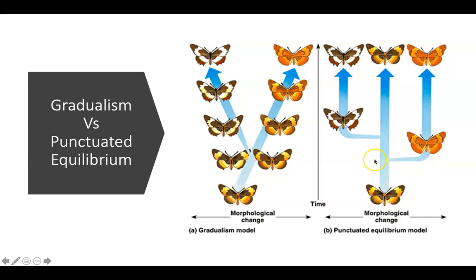So something would have occurred at this point here, which means that a lot of the moths would have died off, except for these orange shaped ones, which were able to survive that environment for whatever reason. So punctuated equilibrium is the idea that there's a sudden burst of evolutionary change, and then there's nothing that really happens much after that because the environment hasn't changed and they haven't needed to drive that evolutionary change.